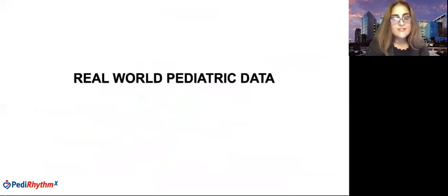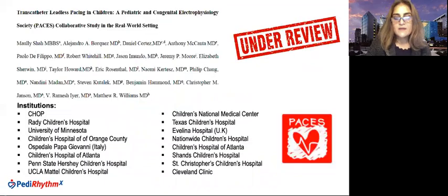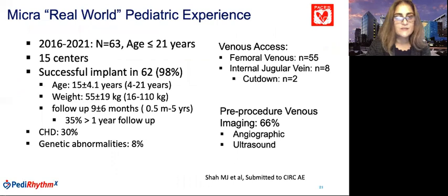So now let's look at some of the real world pediatric data on the leadless pacemaker. And this has been captured in the Transcatheter Leadless Pacing Study in Children, which is a PACES collaborative study. And you can see that there are 15 institutions that have participated in this study. We included patients who had the Micra implanted between 2016 and 2021. There were 63 patients who